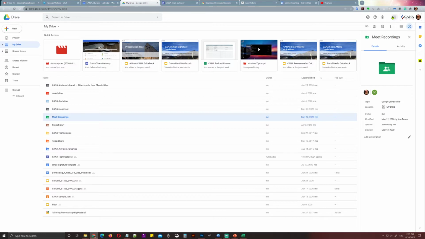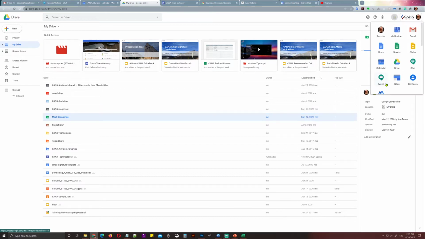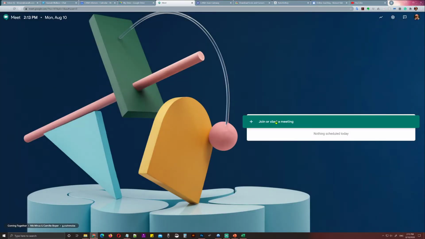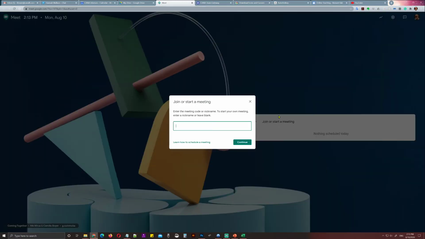Now let's start up a Google Meet and do a recording real quick. So you want to go over to your apps here, and the apps are in your upper right hand corner when you're logged into your Google account. Go to Meet. Set up your Meet name, whatever it's going to be for your session. We'll just call it Recording Meet,